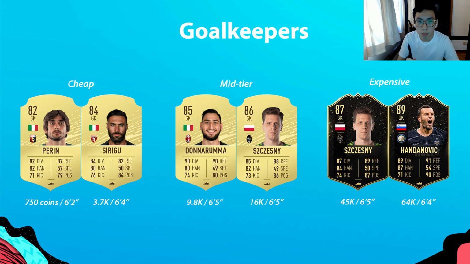There's another keeper that's about 70k, Inform Donnarumma. I think the second Inform, but I don't think he is that valuable if you're comparing it with the most expensive goalkeeper. If you're going for Handanovic, the Inform Handanovic is just superb in this respect. Everything is maxed out. He's 6'4". I thought he was 6'1". Kicking, of course, we wished it was better, but